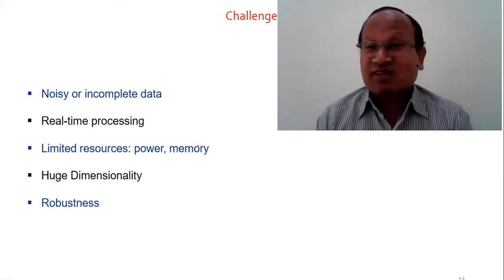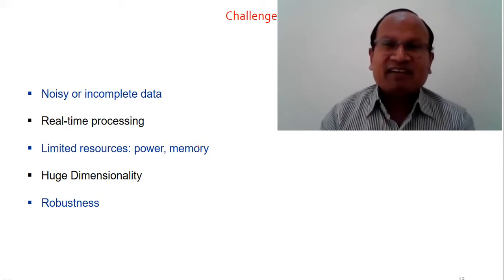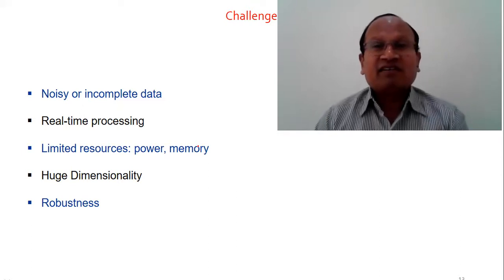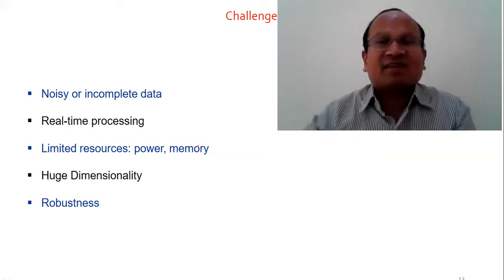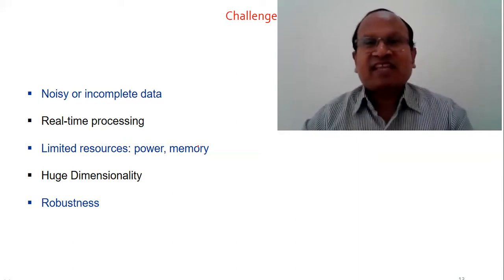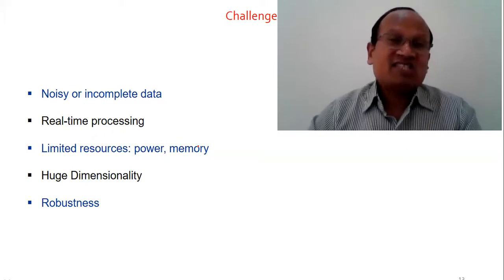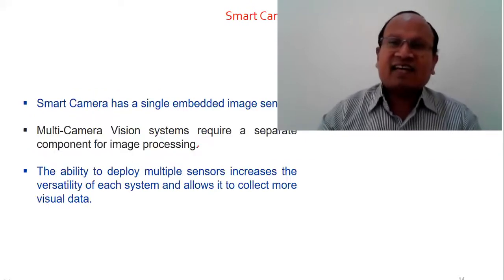There is no general theory, no robust theory in image processing. Whatever is developed today, in maybe the next 5 minutes or the next 1 minute, there will be a modified version of that algorithm or method. So there is no robust approach that could be applied in general purpose applications in image processing. That's a real-time challenge.